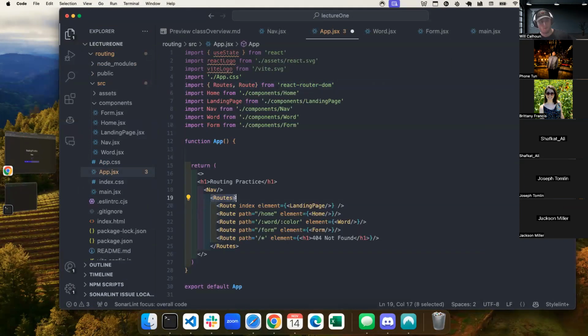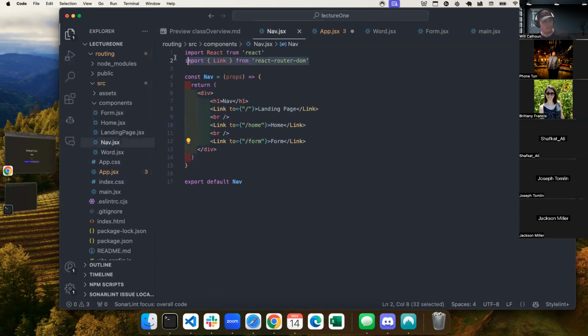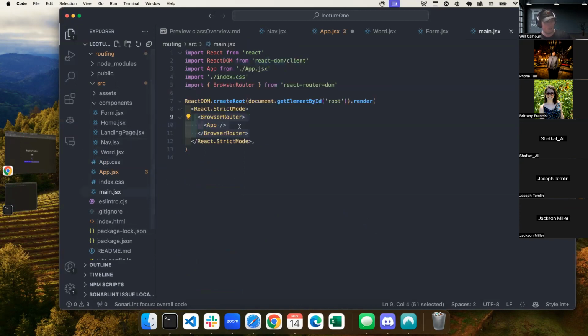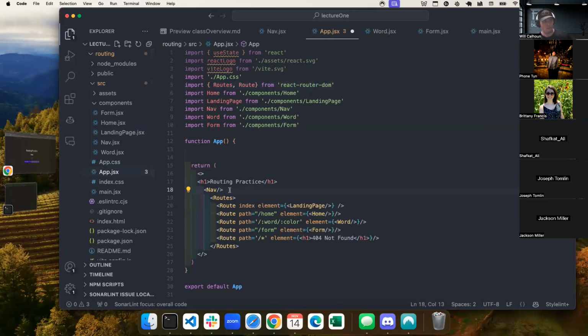Within that, we have our list of routes. You can have components on the outside of it. Just make sure that if they use anything from React Router DOM, they have to be enclosed in the browser router. So either put it in main.jsx, which means everything is, so we're good, or if you're gonna have it in here, just make sure nav is under that. And then we have our specific routes.